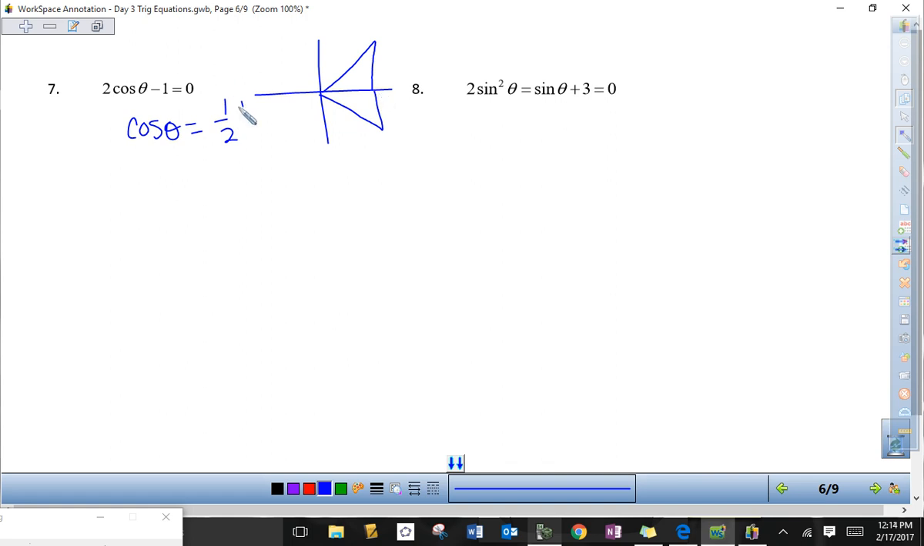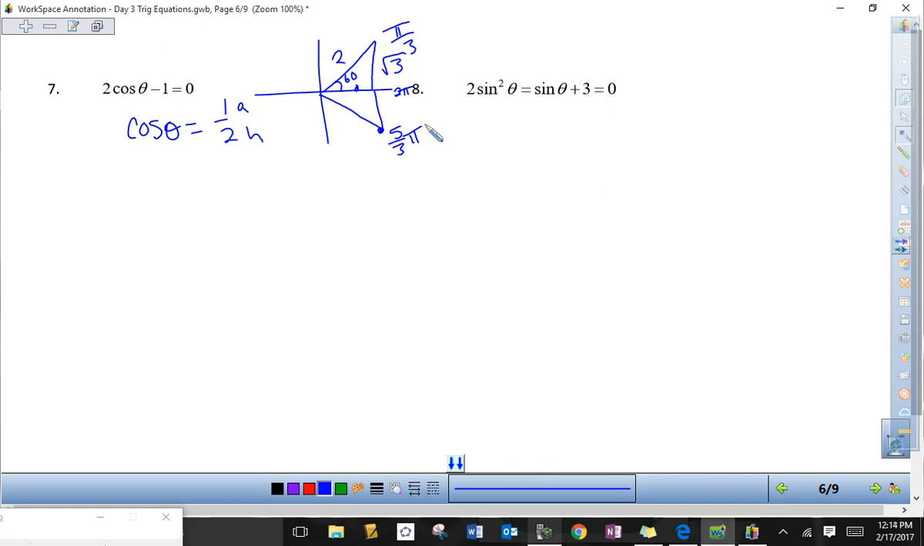And then cosine is adjacent over hypotenuse. So my adjacent side is 1, my hypotenuse is 2, and that makes my opposite side the square root of 3. If my opposite side is the square root of 3, that makes this a 60-degree reference angle, which makes my first solution pi over 3. To get this solution down here, I just need to look at 2 pi and subtract 1/3 from it, 2 minus 1/3. So we've got 5/3 pi